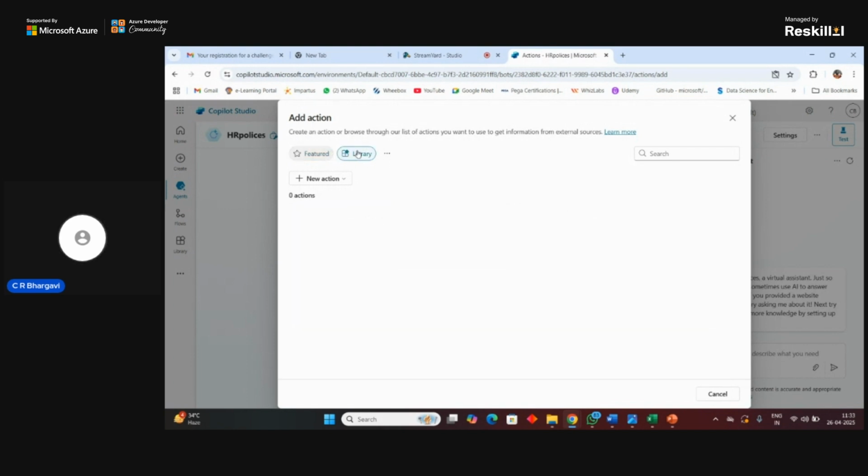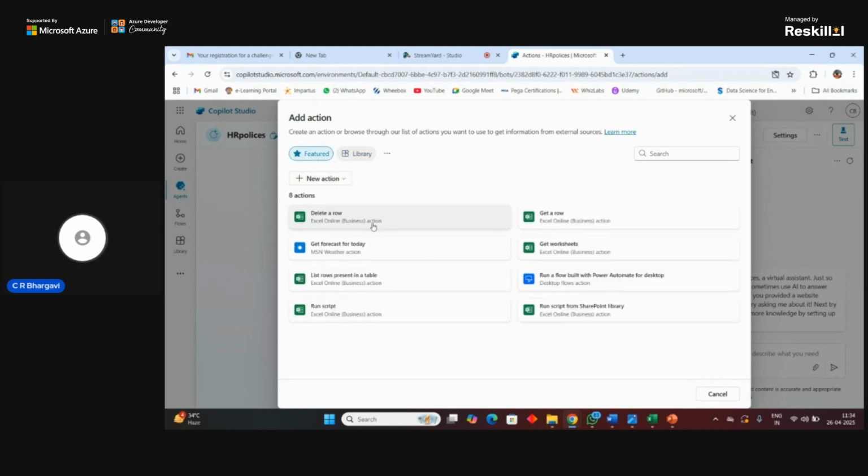Like, you want to have a new prompt, and then you want to connect it from the Azure bot framework, or build a new REST API, or connect it with a new external flow, or delete a row in Excel, or that can be anything. All those things that you want to perform as an action, when you want to connect it with other channels, come under the part of action here.